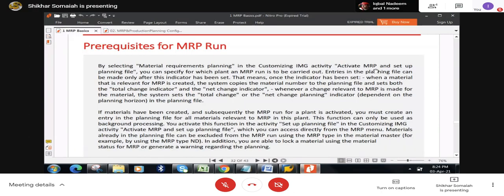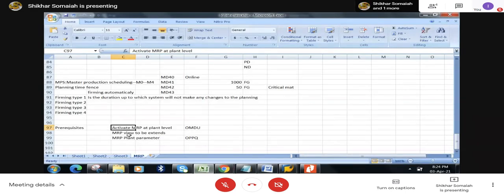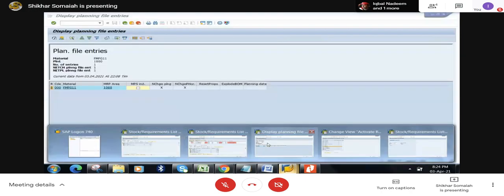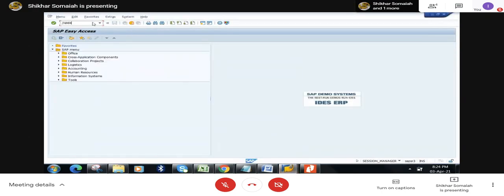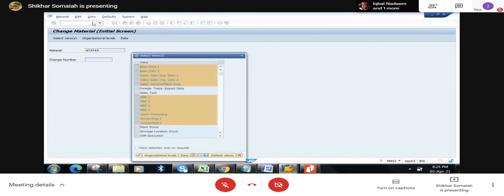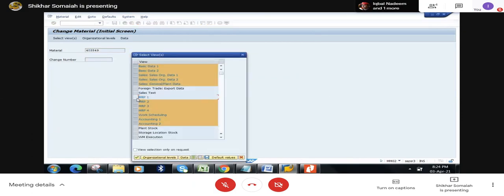Next, activate the MRP, and one more: the MRP view has to be extended. For any material you are working with, you have to consider the MRP view. If there is no MRP view, the system will not do any MRP activity. At least one MRP indicator has to be activated; that is what this means. For example, in MM03 these are the MRP views. If there is no MRP view activated,